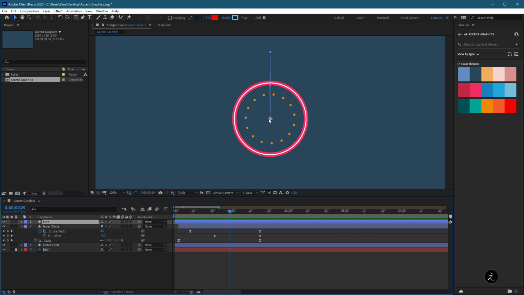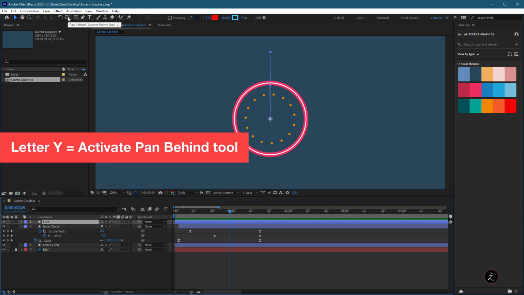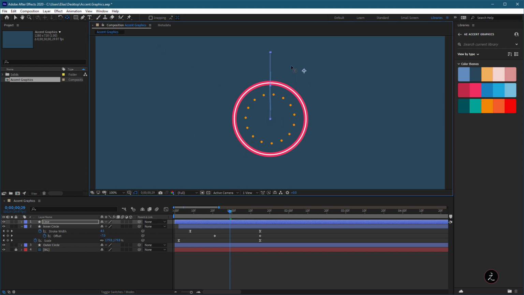So this, inside After Effects, is called the anchor point. If yours is not set here, you can always go to the Pan Behind (Anchor Point) tool. So click on that and set the anchor point right there at the very beginning of the line. And then all transformations would take place from here.